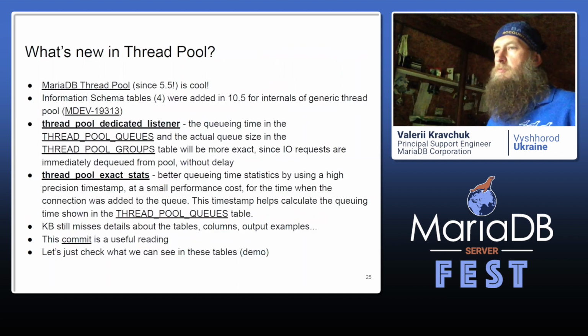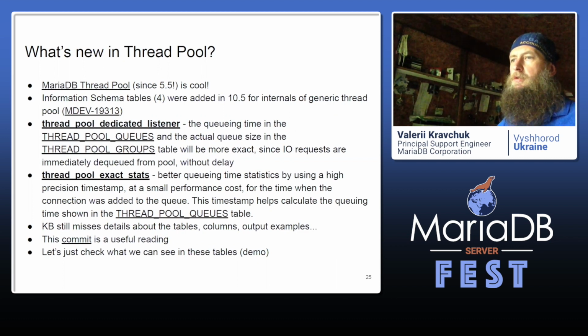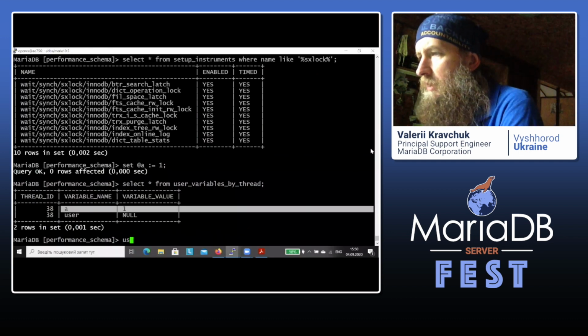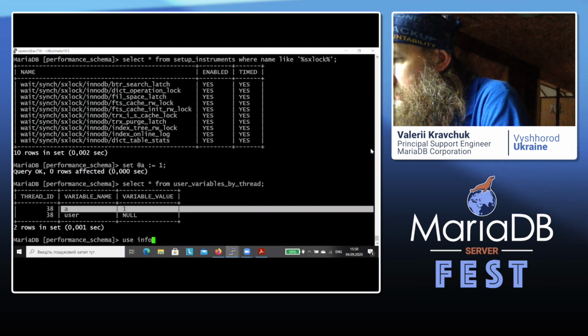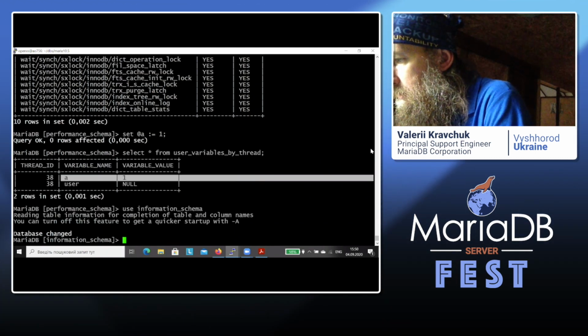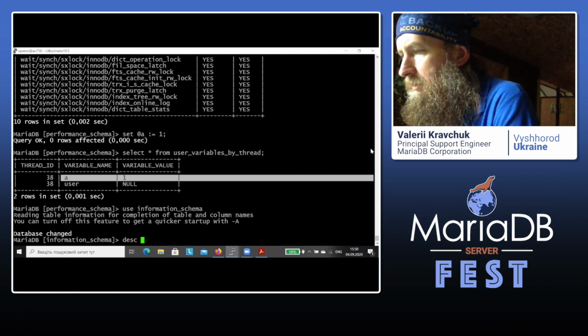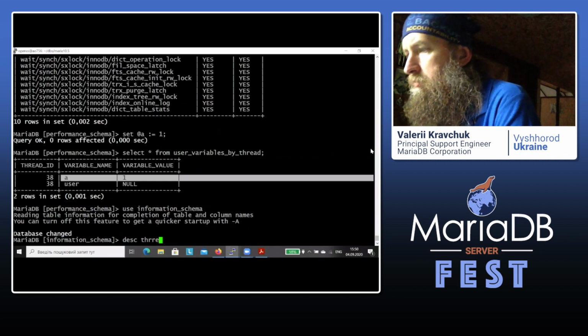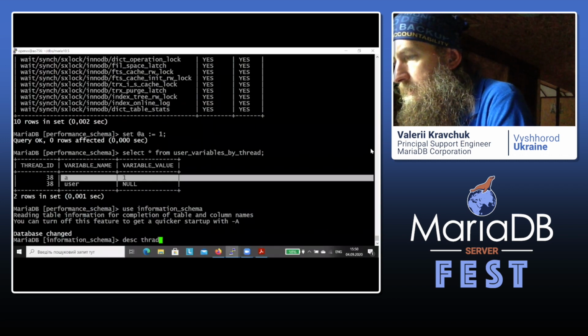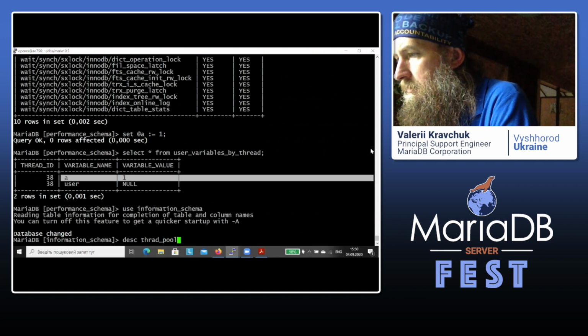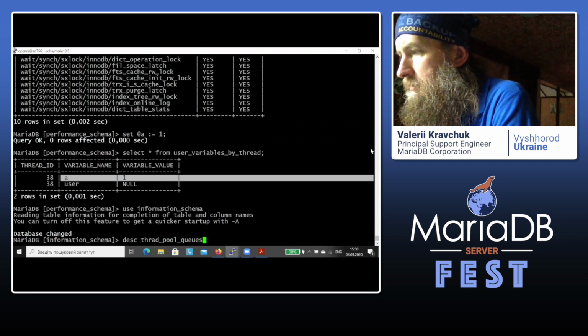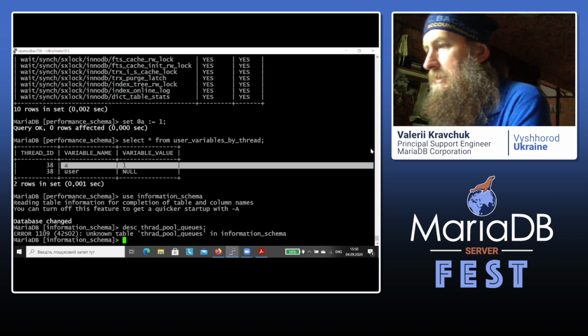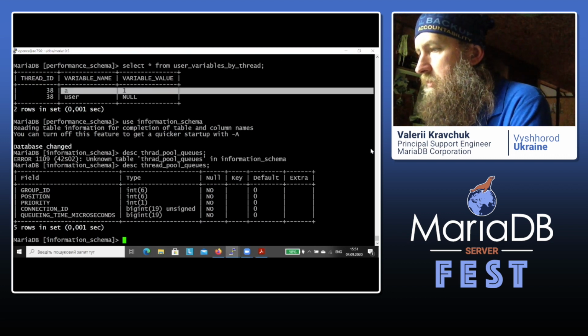So speaking about the thread pool, for thread pool, we have 3 tables added. As far as I remember, in the information schema. So here we have to go to information schema and here, sorry about that, thread pool. Okay, I made a typo again.